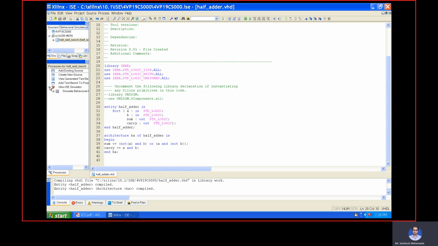Just click on the plus box, and you will get simulate behavioral model. Double click on it. You can see that it is executing. It will take some time.